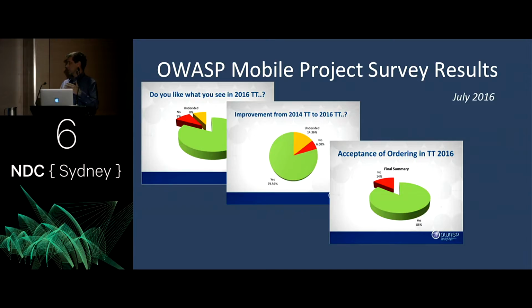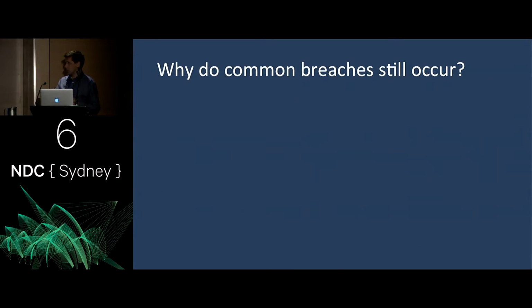So if we've done this analysis, or if the OWASP Foundation have done this analysis for us, why do common breaches still occur? If we know what's most likely to occur, why doesn't everybody protect against it? And it's the same on the website. In fact, there's a company called Arxan wrote a report called State of Application Security 2016 Financial Services Report. They looked at a whole host of apps in the finance sector, and they found that 92% were not addressing at least 2 of the top 10. So it's a sector where you'd expect them to be really over the top.